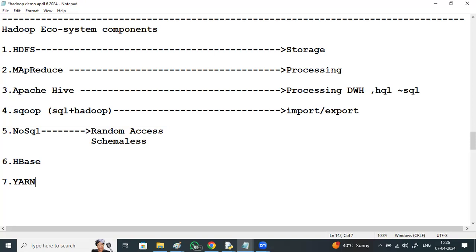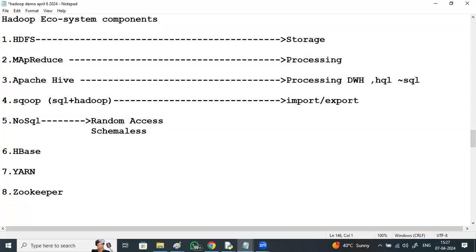Previously there were some drawbacks, but from Hadoop 2 onwards everything got rectified. There were some architectural changes also that I'll discuss in Yarn. And also Zookeeper, for controlling and coordinating all the Hadoop components, for giving connections, all this.